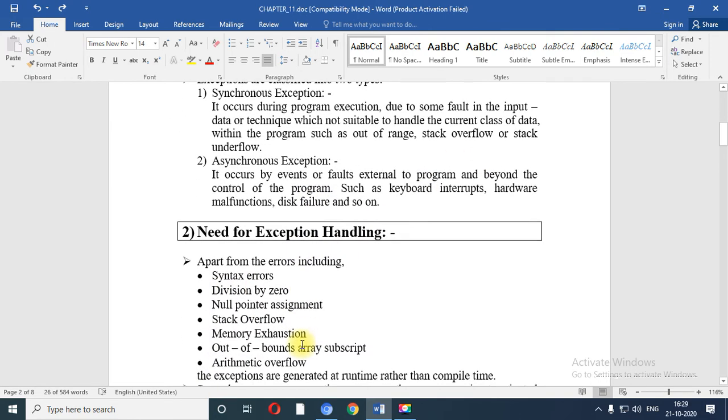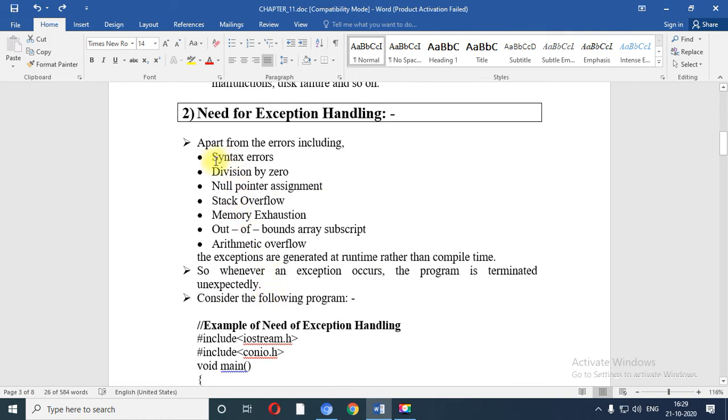Now here is a list of exceptions which may occur during the program. Number 1, syntax error. Number 2, division by 0 error. Number 3, null pointer assignment. Number 4, stack overflow. Number 5, memory exhaustion. Number 6, out of bound array subscript. And number 7, arithmetic overflow.